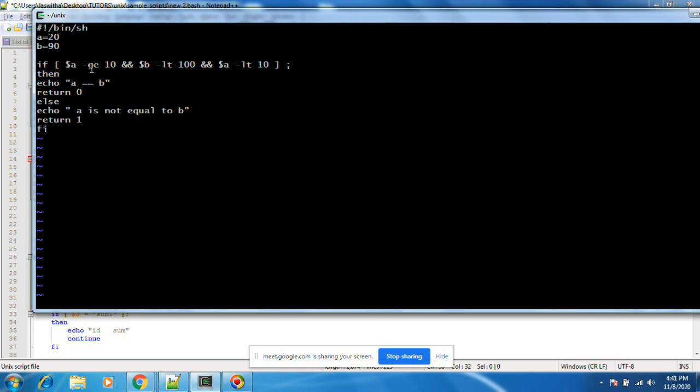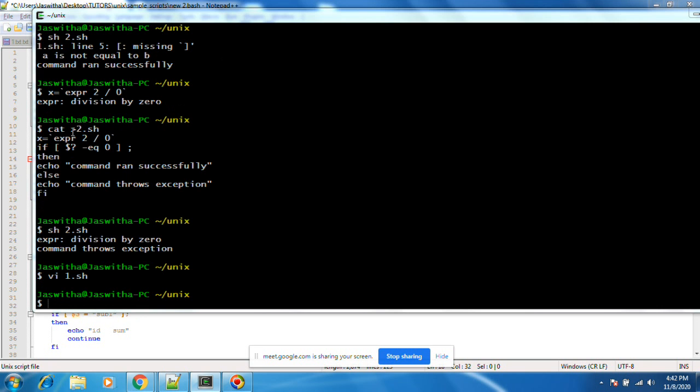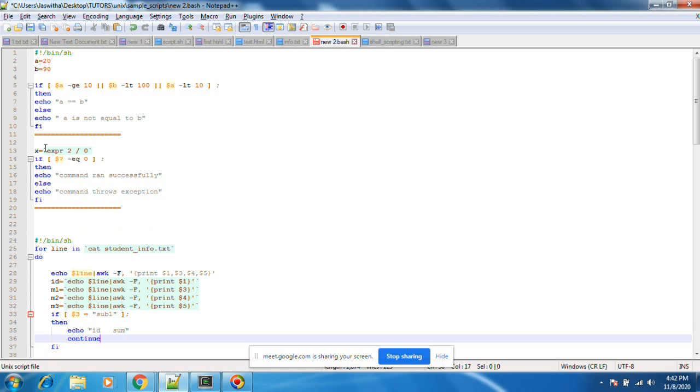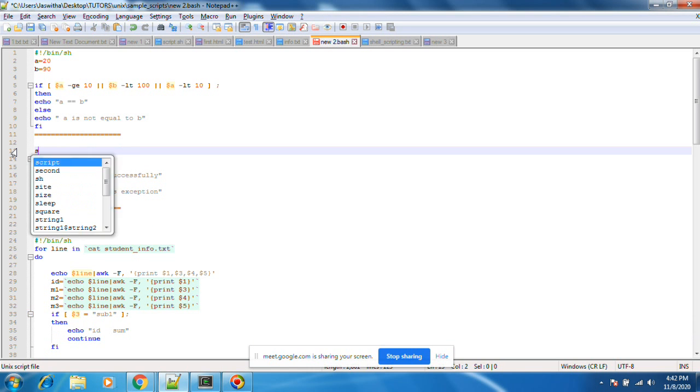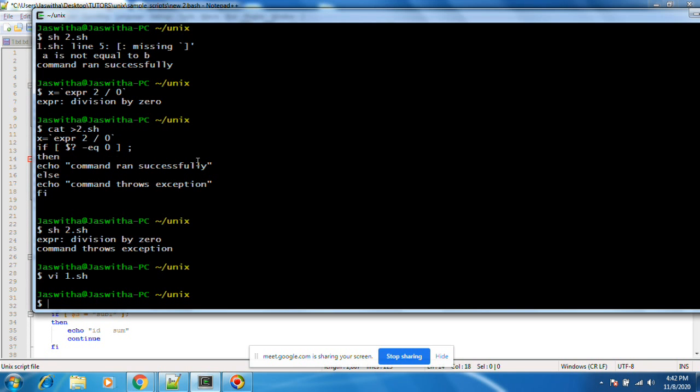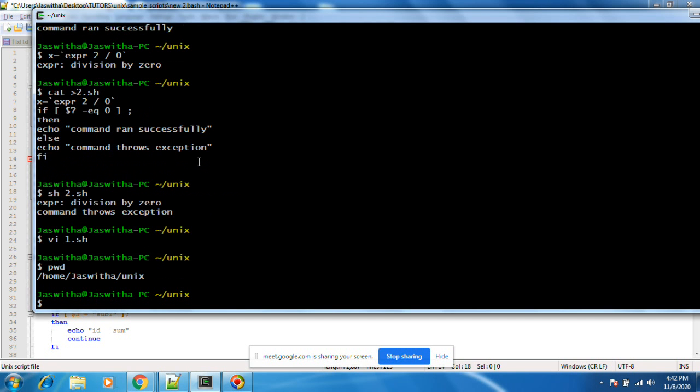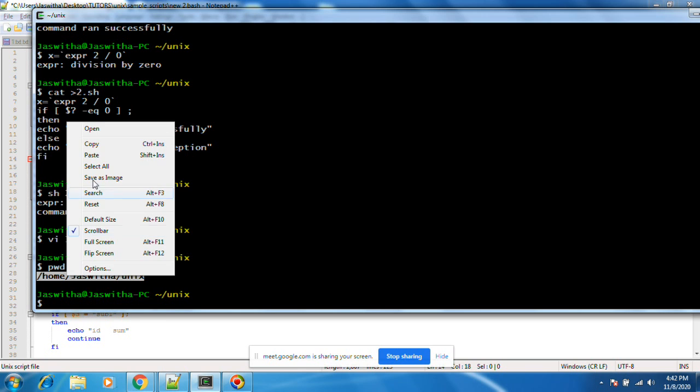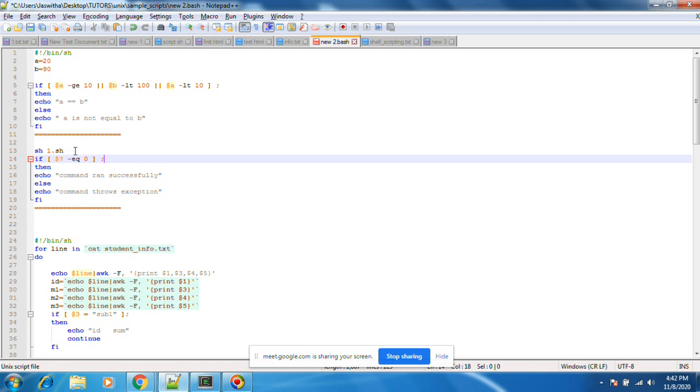In this case, A is not equal to B, so this will execute now. Let's see. I'm running a script inside a script, not this one. You can give something like this, or you can put a full path also. You can run it, no issue at all.